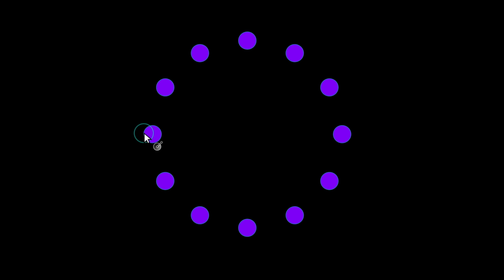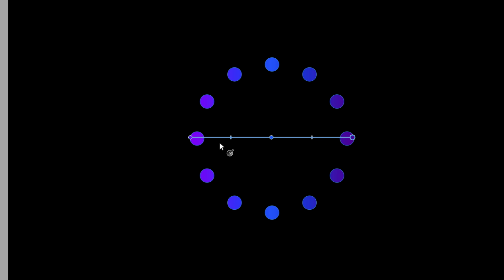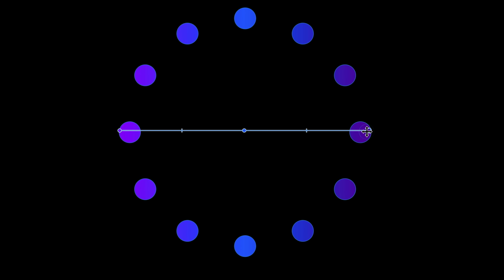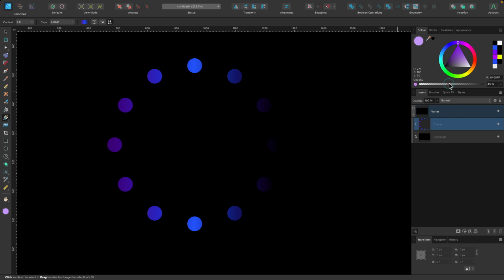Click on that, and I'm just going to click and drag out, and we've got two color nodes here. I'm going to add one in the center just by clicking, and I'll choose some kind of blue color like that. And then on the two outer color nodes, for that one, I will go up to opacity in the color tab, click and drag that all the way down, and I'll click the other one and drag it all the way down. You can see it still has a bit of a purple tint to it, even though it's completely transparent. Let's do the test again, shall we?